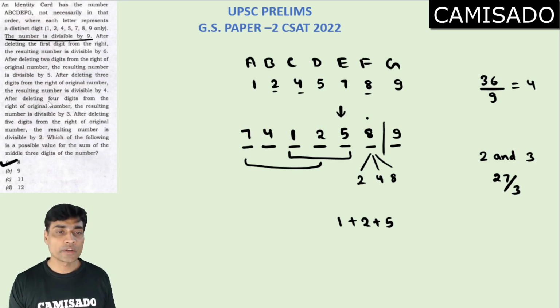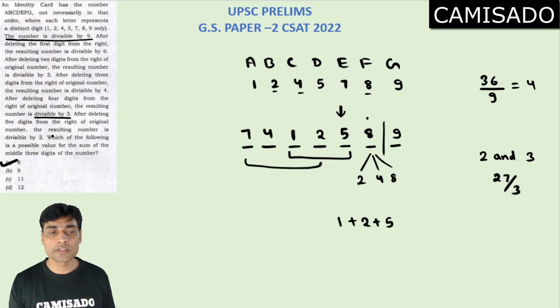So now again, after deleting 4 digits from the right of ordinal number, the resulting number is divisible by 3. So again, now when we remove the last 4 digits, the remaining will be the first 3 digits. Now this number of first 3 digits should be divisible by 3, and again the divisibility rule is the same, the sum should be divisible by 3. So 7 plus 4 plus 1 is 12, and it is divisible by 3. So with certain combinations I have formed this number, and again the last part is after deleting 5 digits from